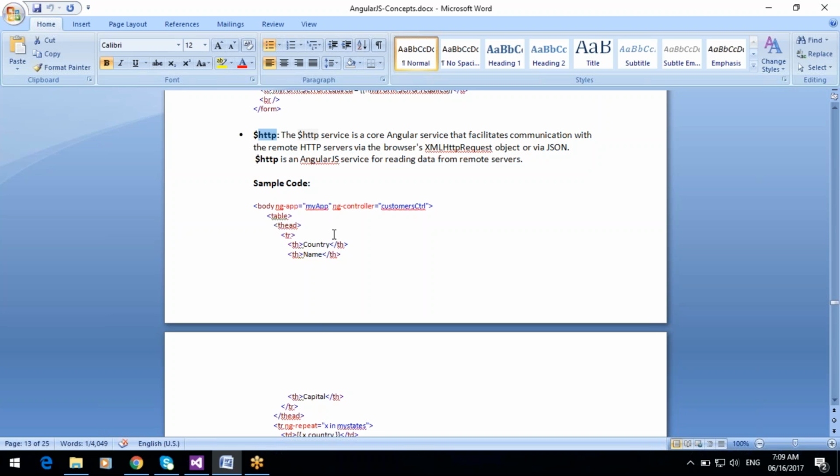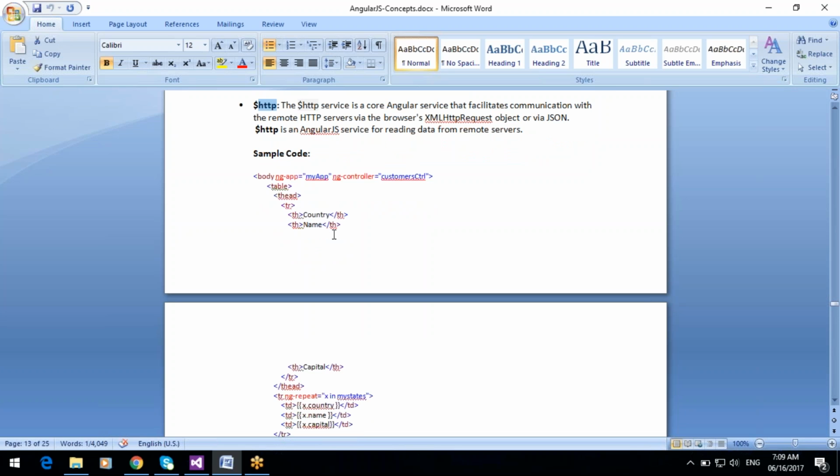In real-time applications, they will give a service to read the data from the database to display the data to the user. So we have to use that service and read the data using the HTTP service.